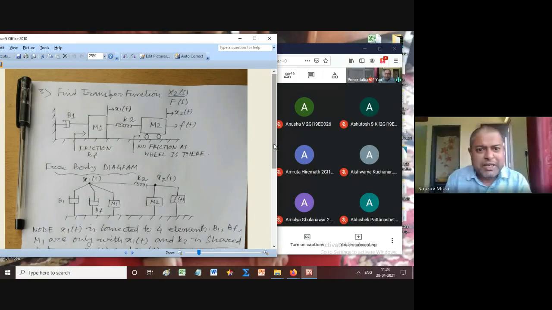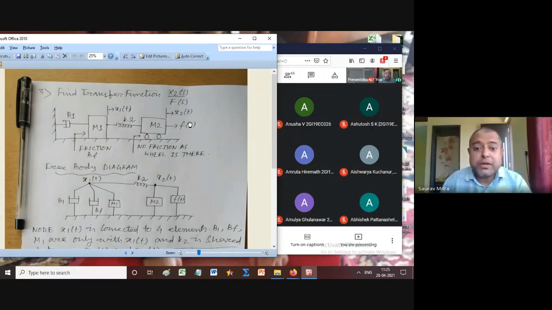Now tell me what is the difference in this circuit. I have shown 2 masses. I have made the situation a little bit complex. How many displacements are here? The previous circuits had only one displacement, that was x1(t). Here you can find the forces given at this side. This is mass m2, which is pulled and which shows a displacement of x2.